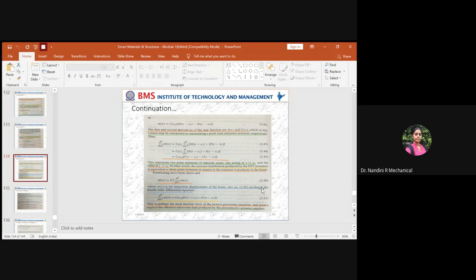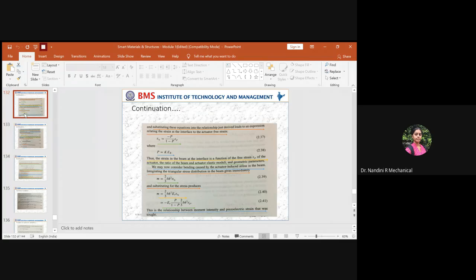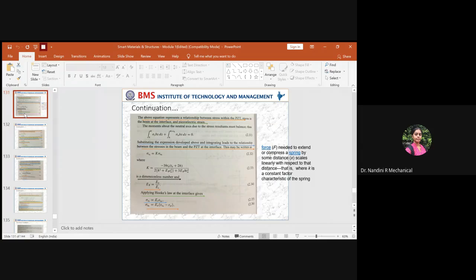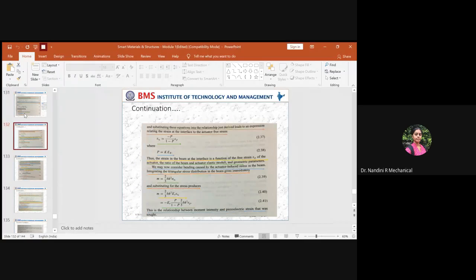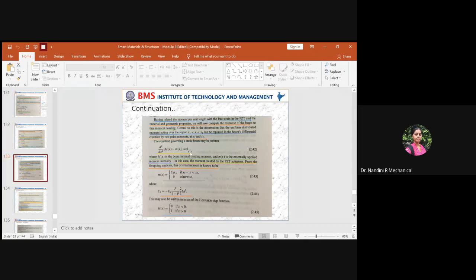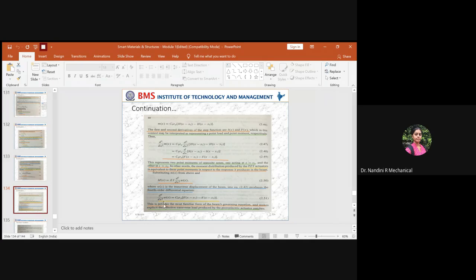The equation changes and it helps in developing the fourth order. Why does the fourth order come into the picture? Here the value of m of x has d square by dx square. The previous equation already had two differentiations, right? The actual governing equation is differentiated twice. When you add two more differentiations for the internal bending moment, then obviously you will get a fourth order differential equation, and hence the equation changes to fourth order.